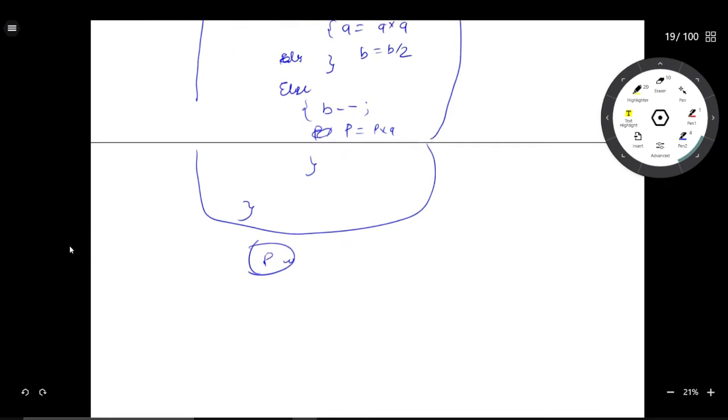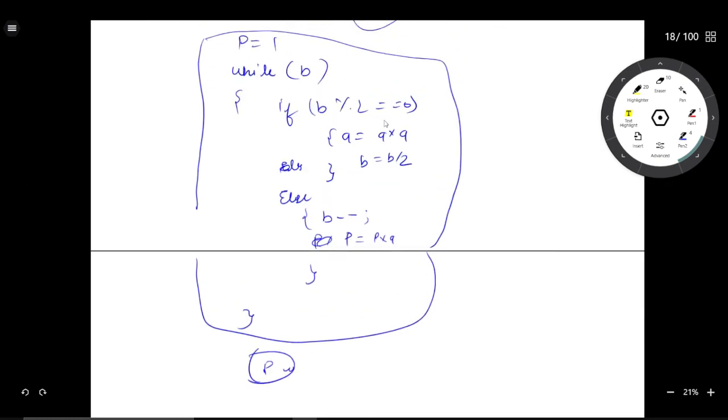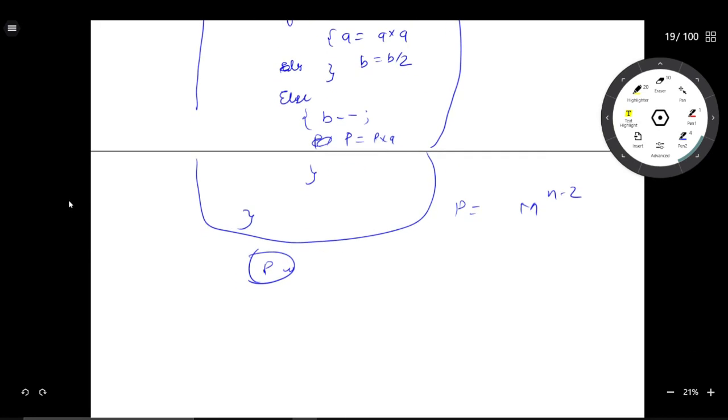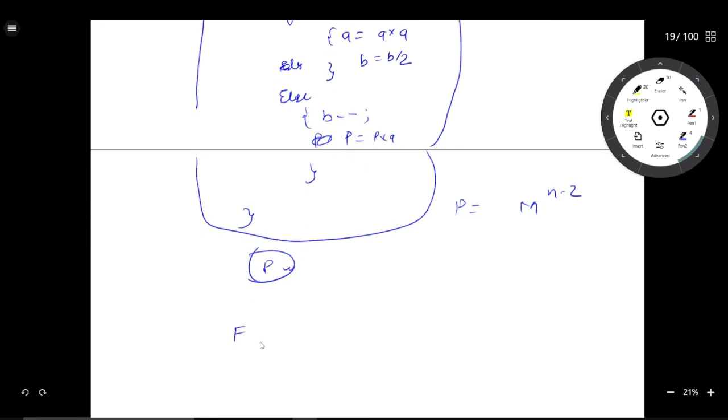Okay, so we can find p, and we can also multiply two matrices easily. Okay, and we can also multiply a matrix into matrix easily, and we will write another function for matrix multiplication, and there we can find a p which is equal to m raised to the power n minus 2. Hence, what will be the f of n? F of n is equal to p into f of 2. And what will be f of 2? It will be f of 0 plus f of 1.